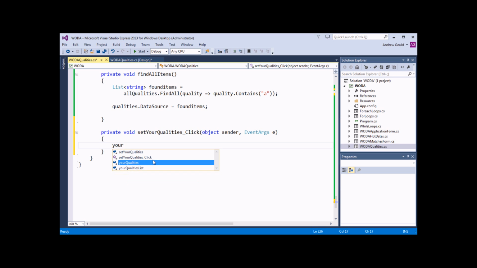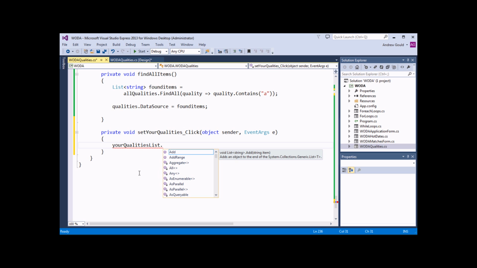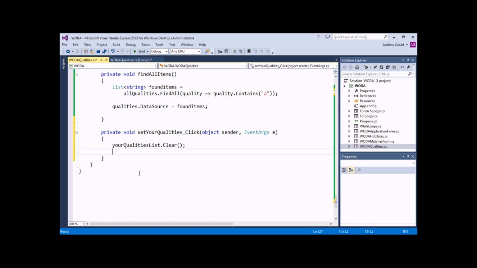So we've got your qualities list. We want to clear the contents of all of the items in the list. We've seen the remove methods used earlier on. There's another quick, simple method you can use to clear all the contents, which is simply called clear. We can remove the current values from the your qualities list box on the form by saying yourQualities.DataSource equals null,